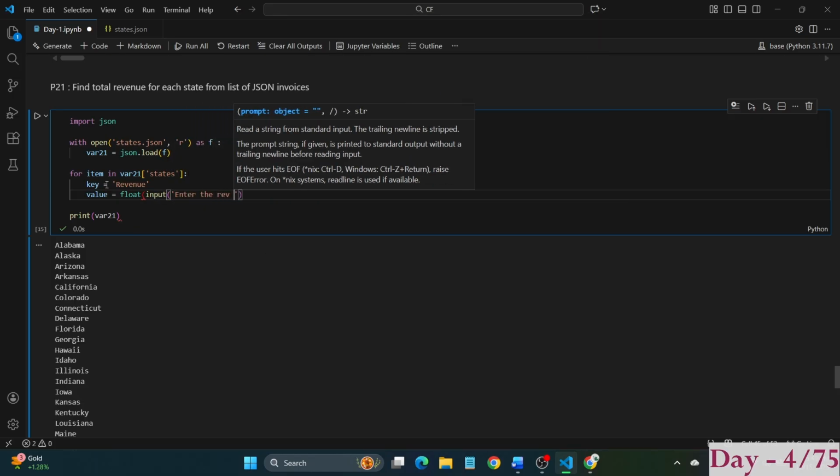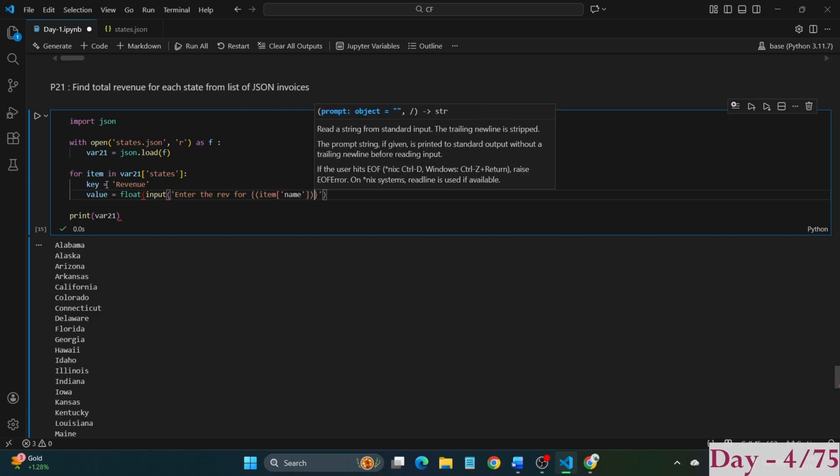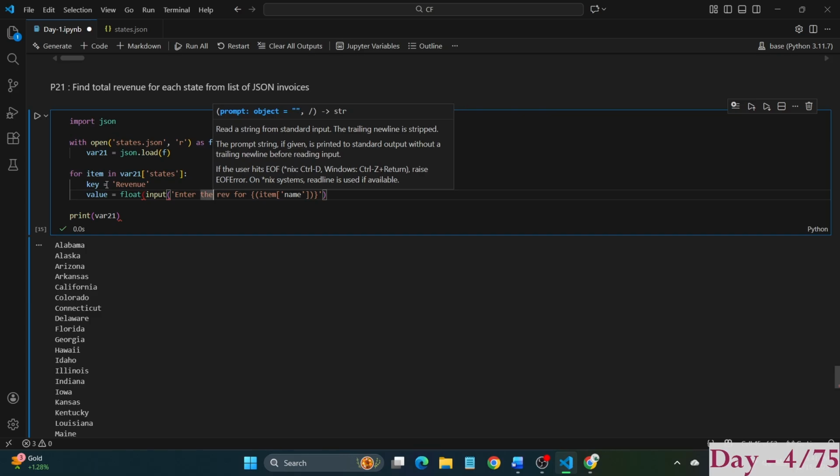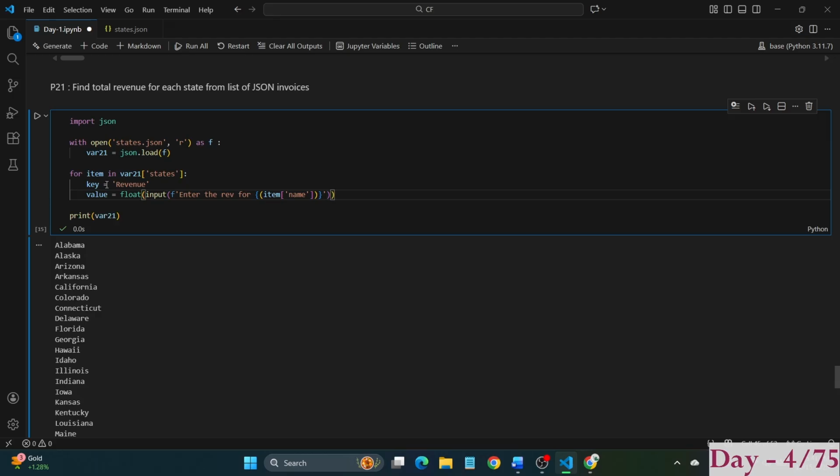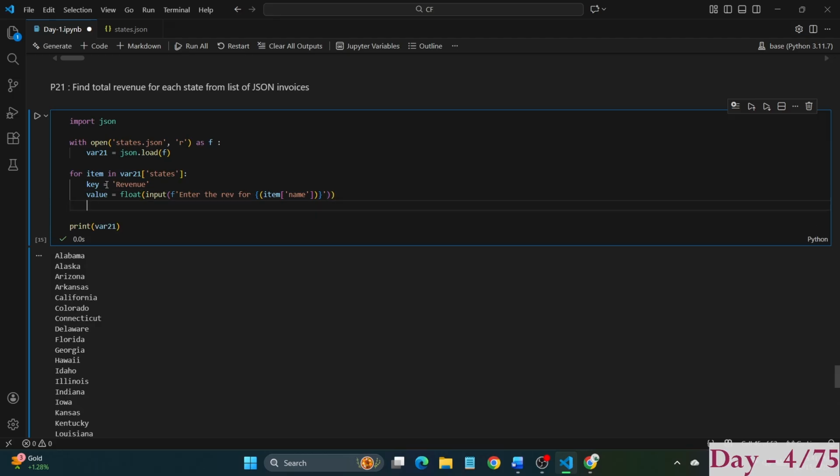Get a value for here. I'm going to use the f-string, and I just hope we can use an f-string inside the int function. It probably can. And then we are going to update the dictionary, item dot update with,